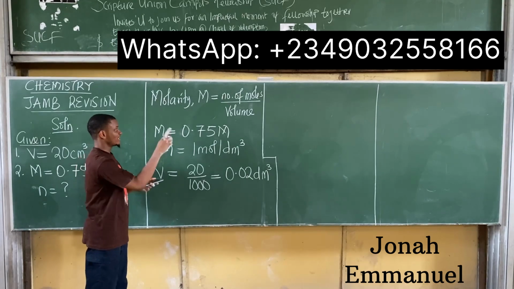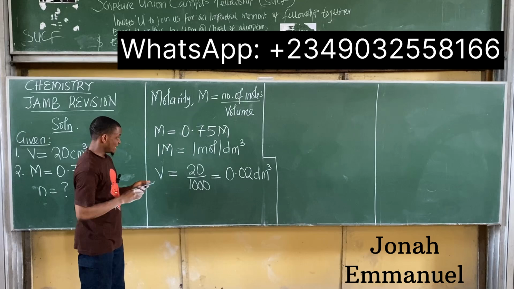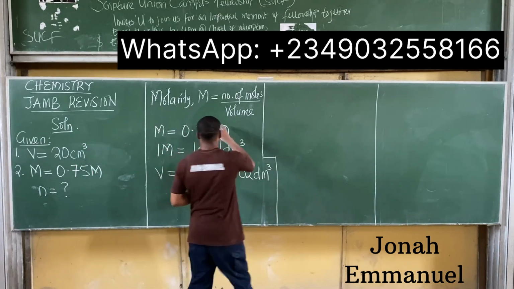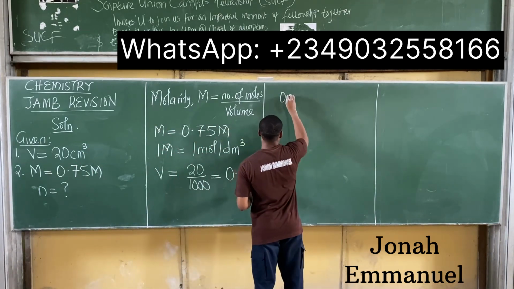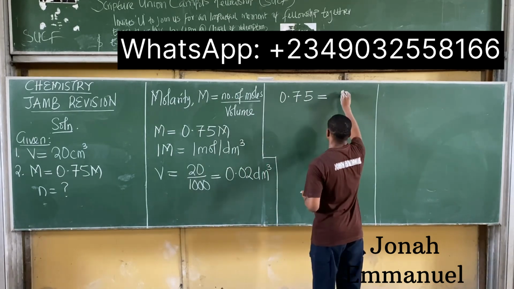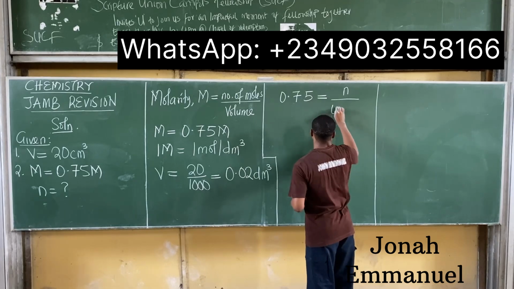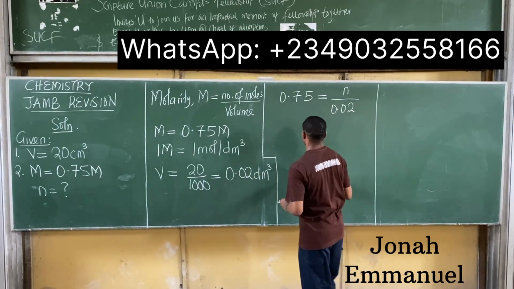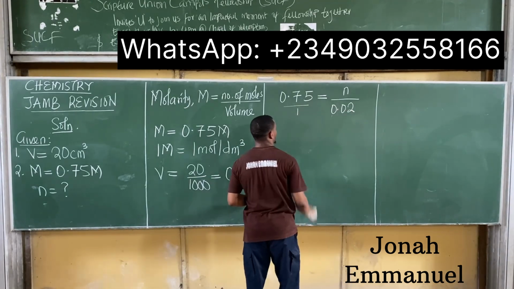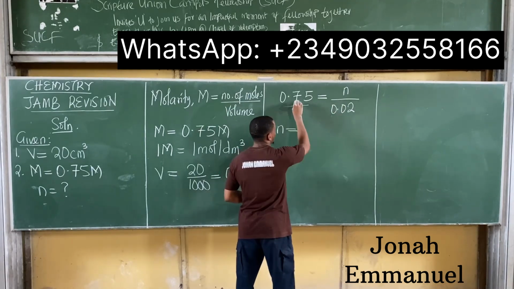Next, we'll have to put these values into a formula. And if you do that, we now have that the molarity, which is 0.75 molar, is equal to number of moles, let's call this n, over the volume, which is 0.02. This is all over 1. So if I cross multiply, n times 1, n is equal to this times this,